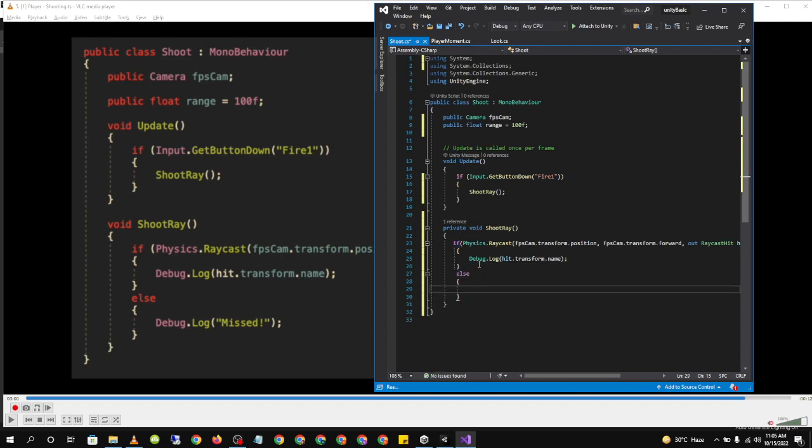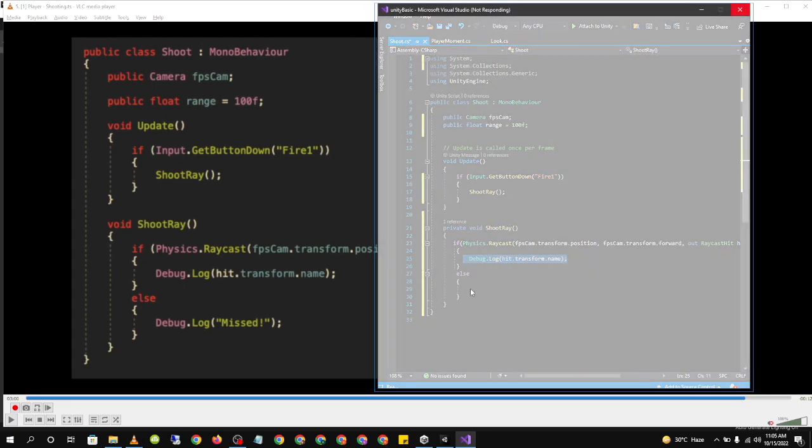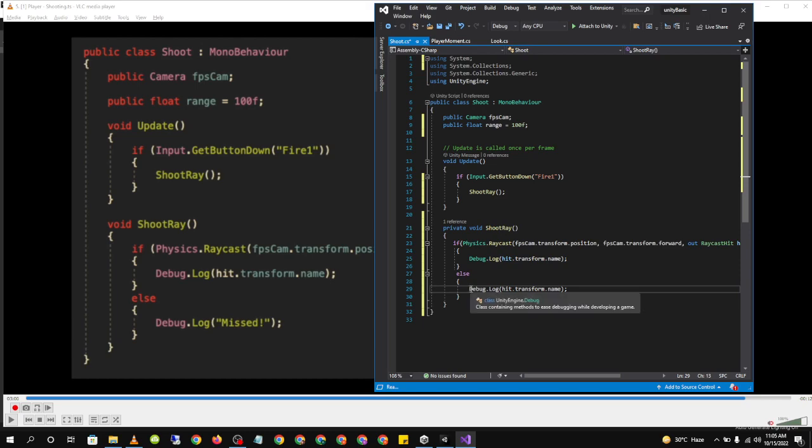So let me just Control C, Control V. And then what we are going to do here is that if the object didn't hit anything, then we can say miss. So now just copy paste